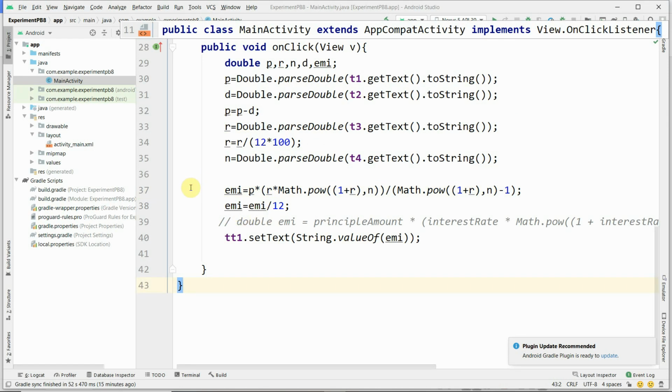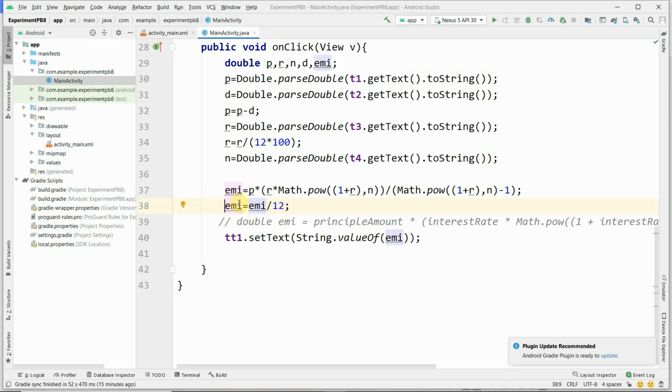Next, the EMI is divided by 12, which indicates the monthly EMI we are calculating. And then TT1 equal to, that is the result we have to set as label. There is a TT1 text view.